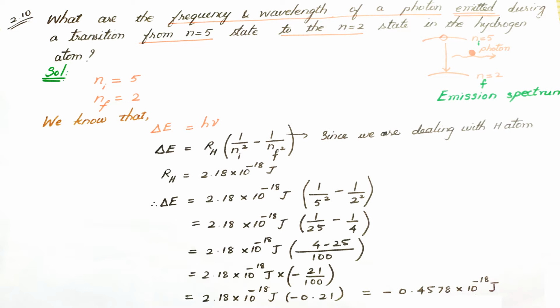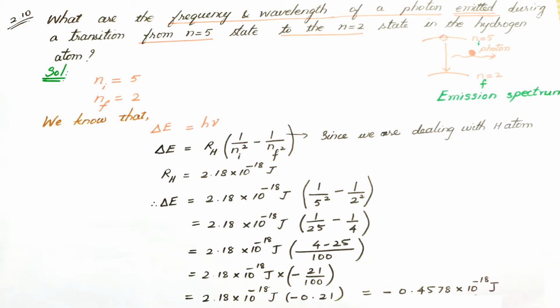Now you need to calculate delta E equal to h nu. What is delta E? Delta stands for difference. The value of delta E is nothing but the difference between the energies of the fifth and second energy levels. This value is equal to the energy emitted by an electron when it jumps from the fifth to the second orbit. So that's why you are using this calculation. In other words, it is nothing but the energy of the photon emitted.